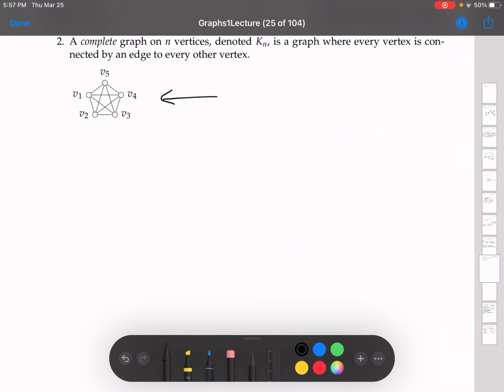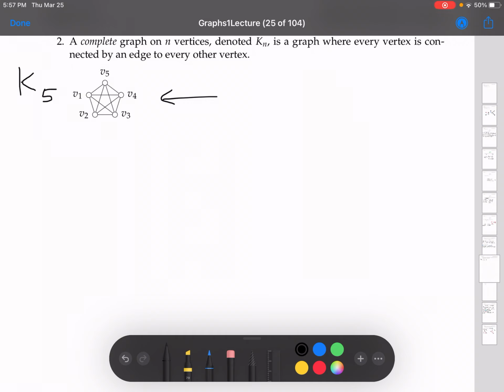This is the complete graph on 5 vertices. You'll notice that every vertex is connected by an edge to every other vertex. We use the notation K5 to denote this graph. Again, the complete graph on 5 vertices is the graph where every vertex is connected by an edge to every other vertex. So now let me draw